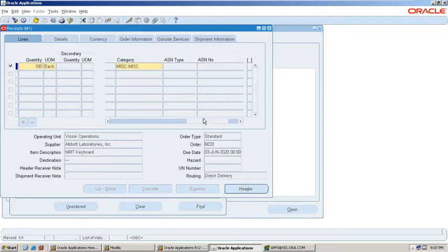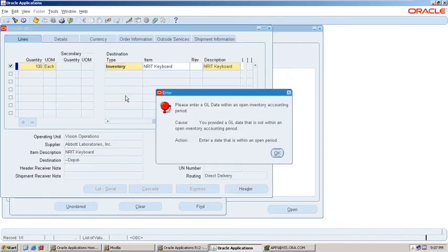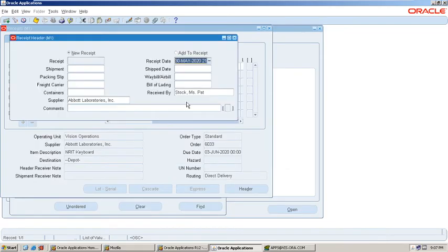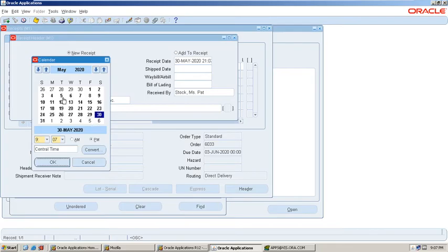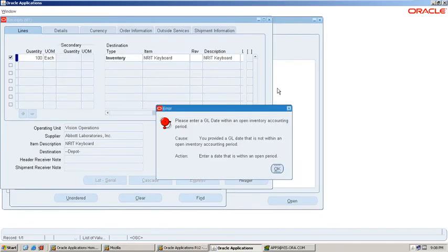Okay, and once these details are entered, the receipt date should be in open periods.